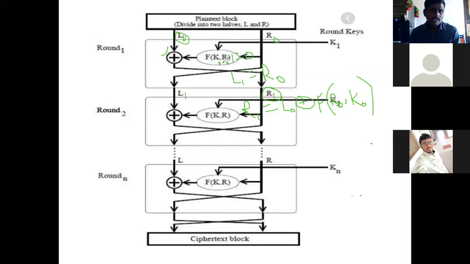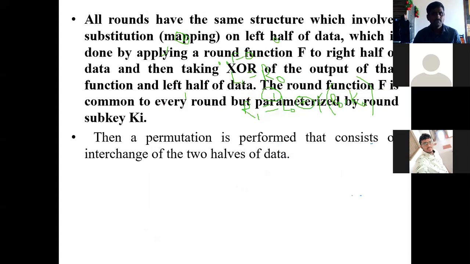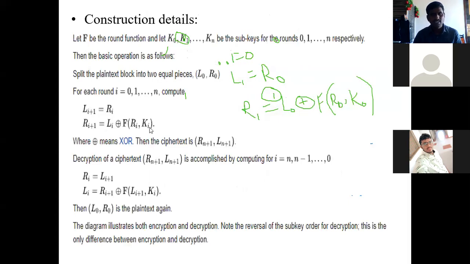So here we perform F of K0 and R0 and get some output, and between the two we perform the exclusive OR with L0, which is given as the next right side part input. I hope you can understand this equation: R1 is equal to L0 exclusive OR F of R0, K0, as shown through this structure. It will continue. This is the encryption process, the mathematical representation, discussed with this example with respect to the structure. And see, this is XOR, exclusive OR.